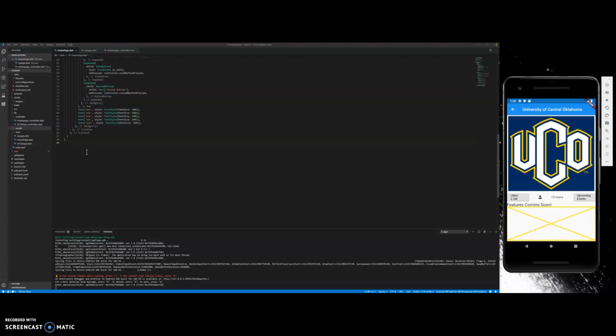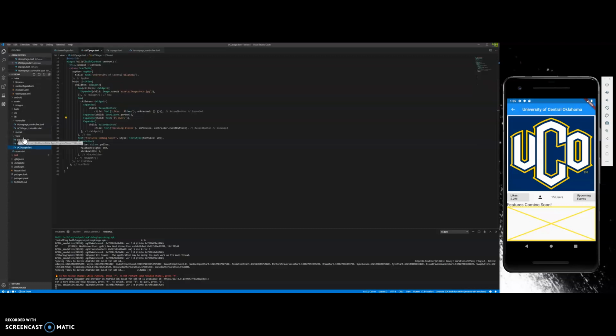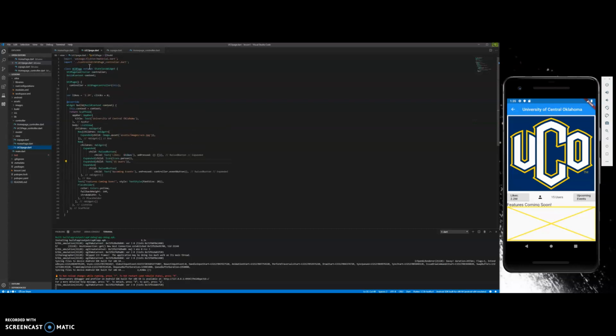Alright, so for video 3, what I had to do for my UCO page to work is I had to first add the UCO page.dart to the view folder, which is pretty simple. So I've got my title bar, my pictures, and then as of right here, so for this button right here to work, I had to add